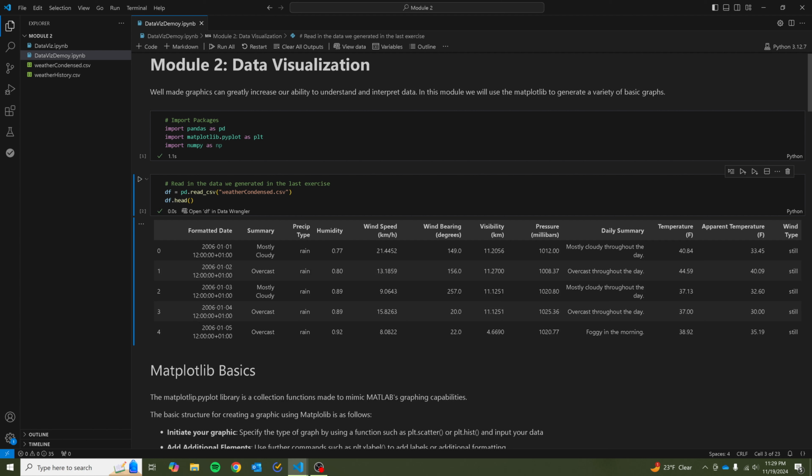weather dataset. So reading it in and printing out the head, we can see that we have our index, we have a date, and then we have a variety of different weather information. We have the summary, which just gives kind of a snapshot of what the weather was like. We have precipitation type, humidity, wind speed, all of these different variables. And we'll be going through and seeing how to use graphs to actually visualize and get a look at this